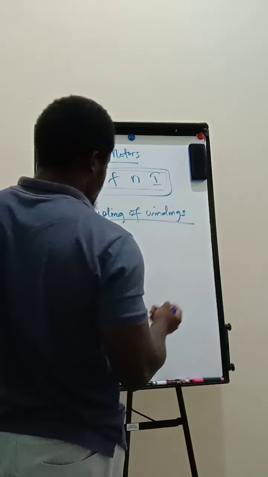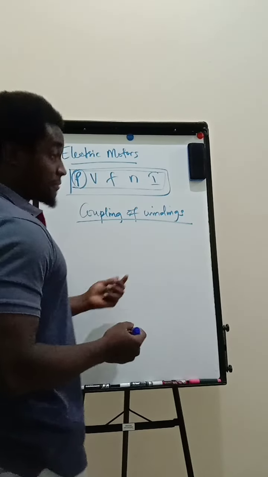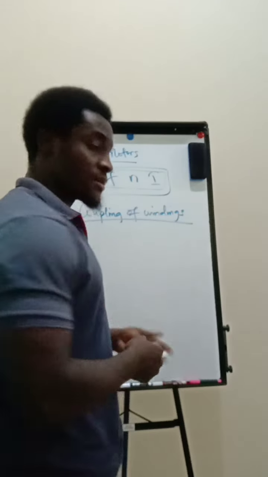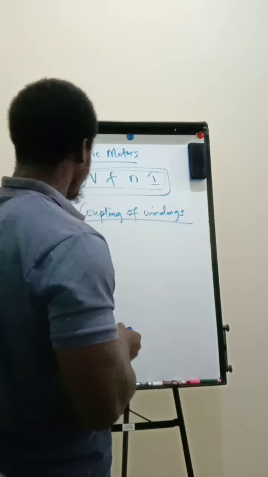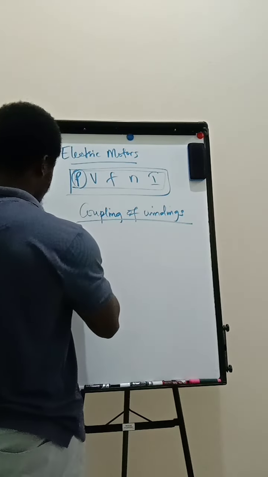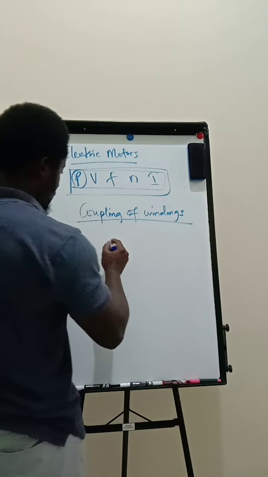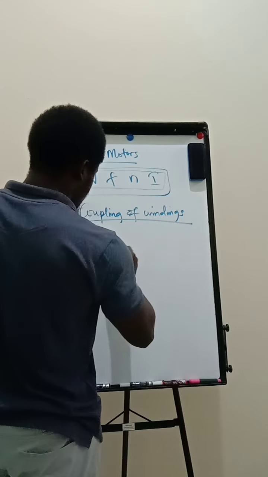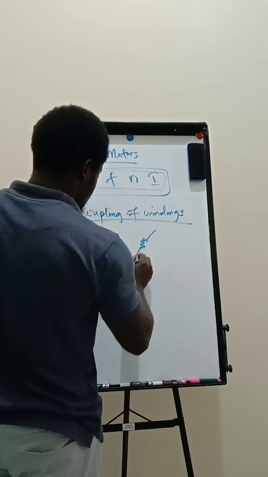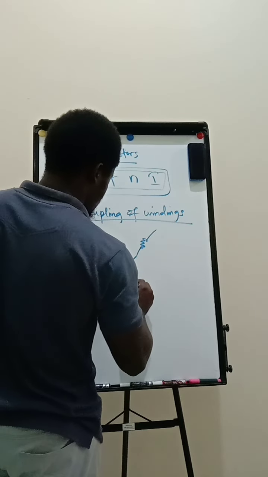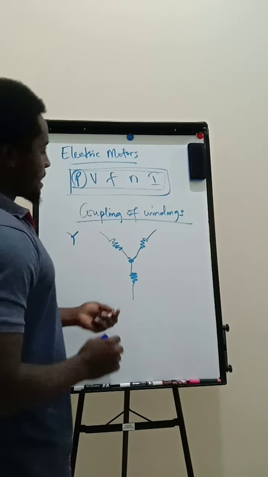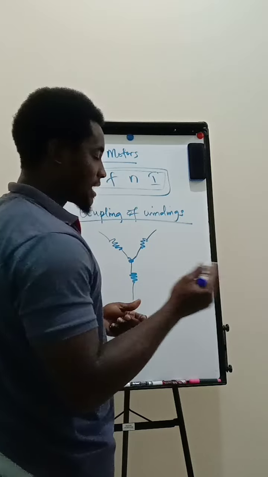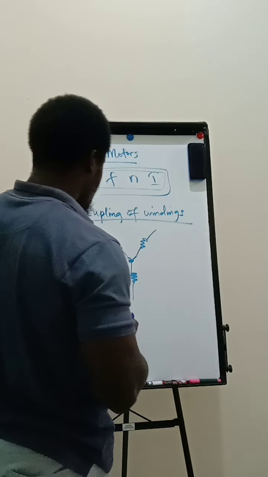Okay, on the coupling method of the electric motor, like I did mention, we can either couple or configure the windings in star or in delta. So in star, the configuration will look like this. We have a node, it comes down. The idea behind it is to identify the different windings, the start and the finish of the windings. And you will note that